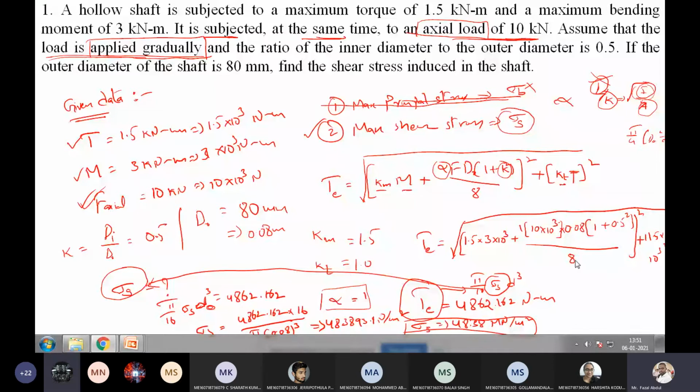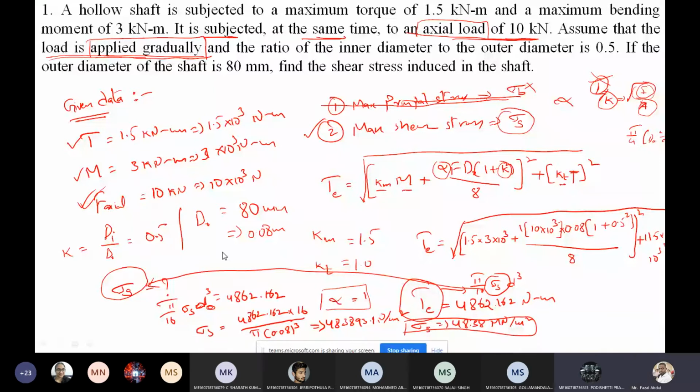So it is a hollow shaft, no, sir. The ratio of inner and outer diameter is already given, no, sir. The relation between inner and outer is what we are going to use here. Now, while defining this equivalent torque transmitted, this equivalent torque is defined for the whole shaft,